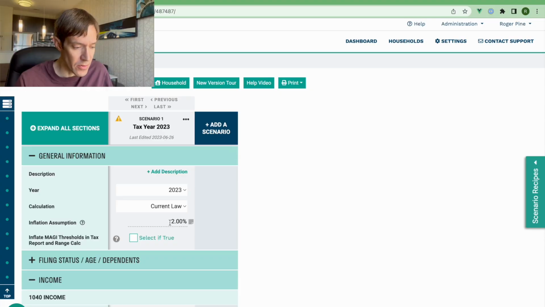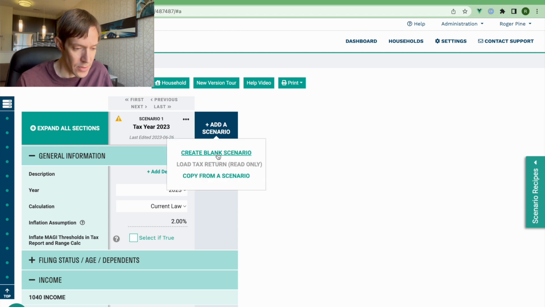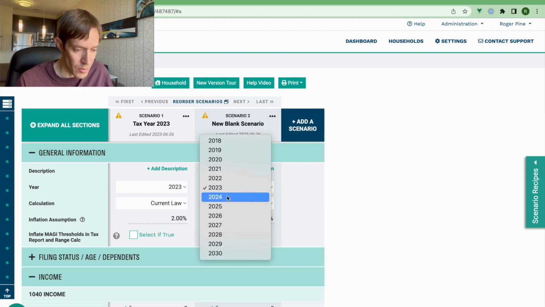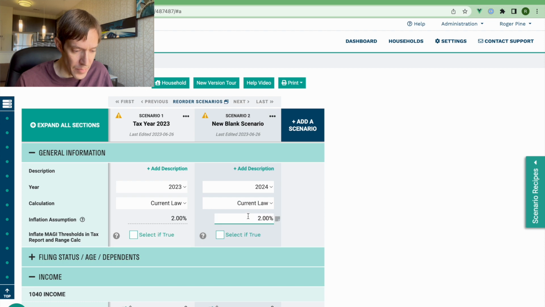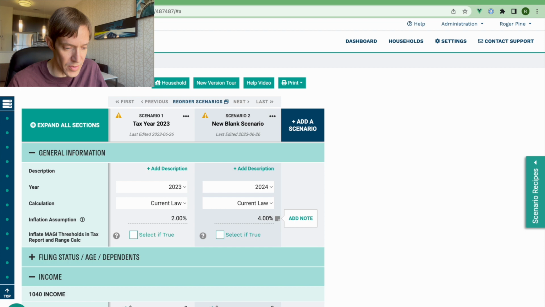So there's this field here for your inflation assumption in scenario analysis. I'm gonna add a new scenario here, 2024, and I can change the inflation assumption to whatever I want, 4%, whatever. But previously, you had to do that on every single scenario. And some people asked for a way to change that default at the firm level, because right now the default